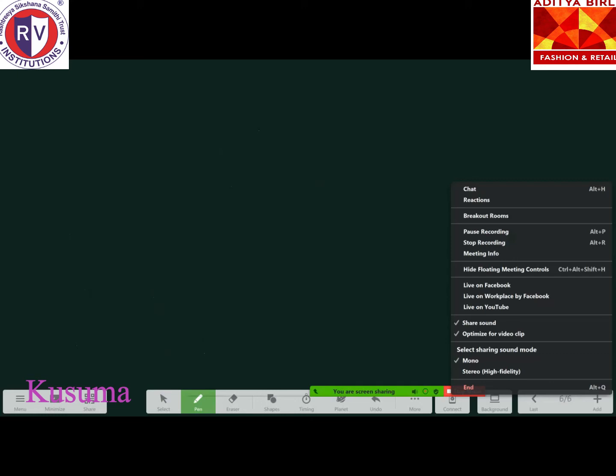Let star be a binary operation. Here, star is given to be a binary operation defined on R, that is, on the set of real numbers, by A star B is equal to A plus B by 4. The binary operation star is defined like this: A star B is equal to A plus B by 4, where A and B belong to the set of real numbers R.